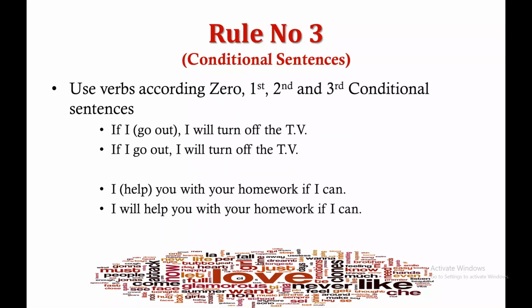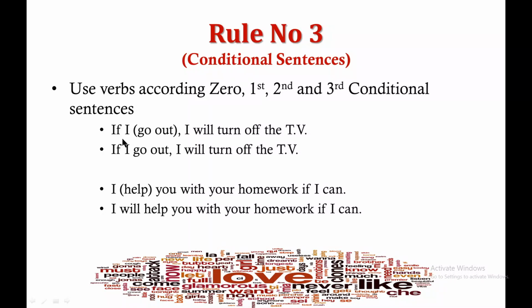We are moving forward to rule number 3, that is conditionality. My dear students, in the last week we have studied conditional sentences, and I hope that you have understood it, because it's not an easy job to understand conditional sentences, but they are easy if you are giving your 100% attention. So if you have understood conditional sentences in the last week, I hope it will not be complex for you. So what you need to do is, and how it appears in the exam, the writer